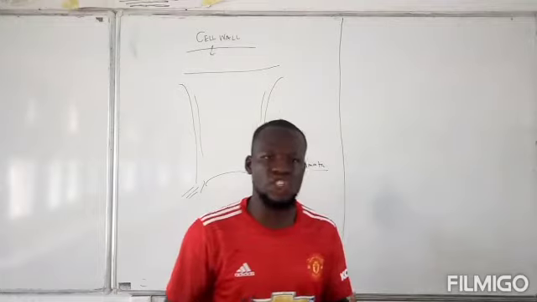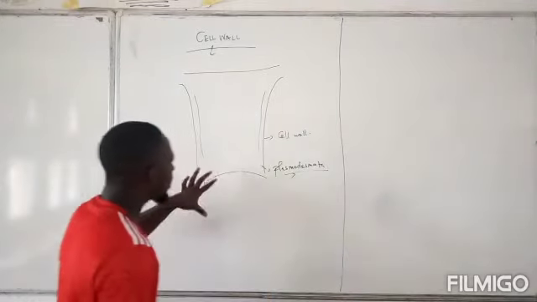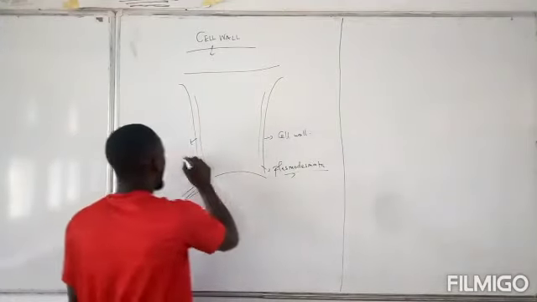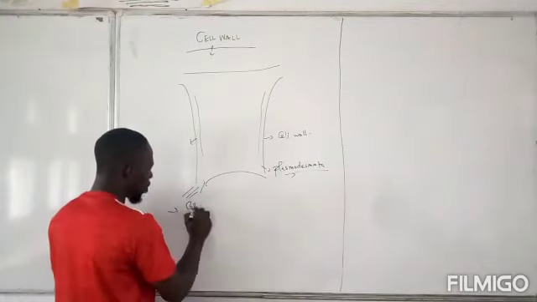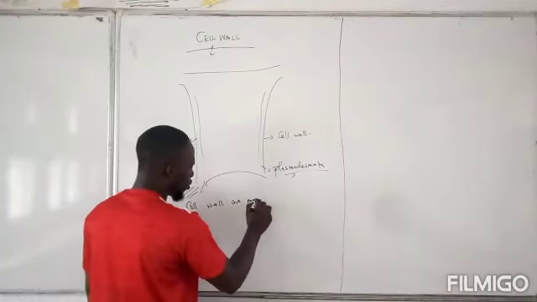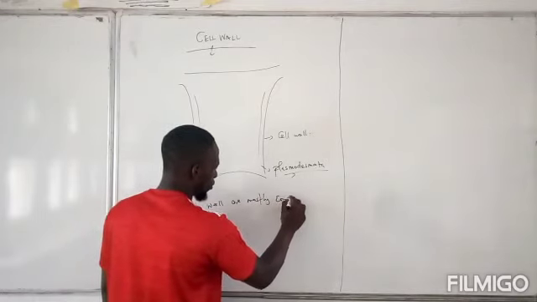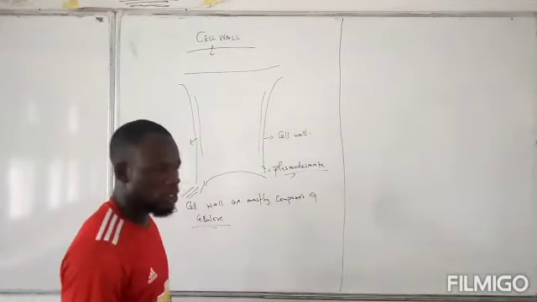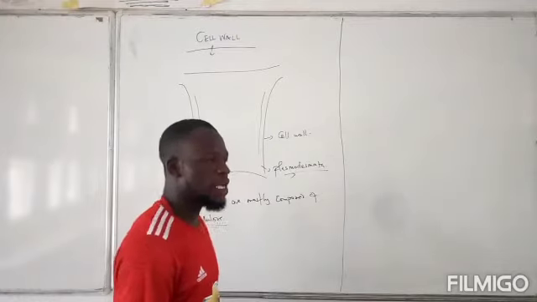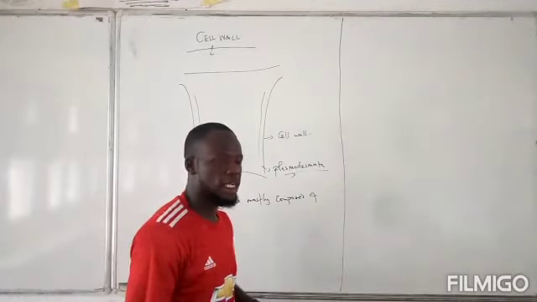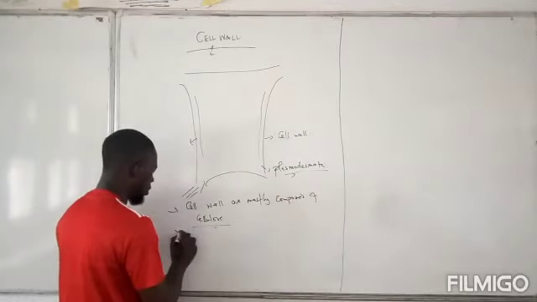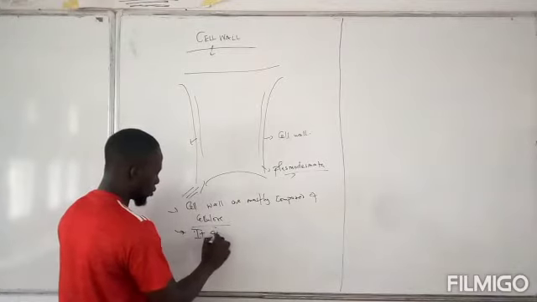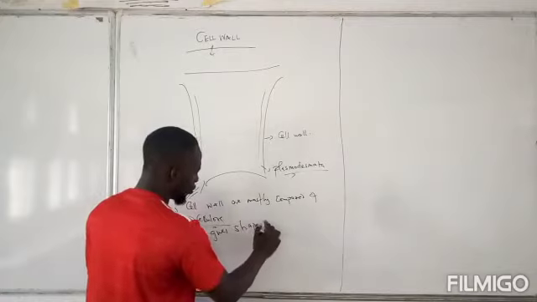Now, it determines the shape. Talking about the function, it determines the shape of the cell. It is very, very rigid, composed of cellulose in some organisms. The cell walls are mostly composed of cellulose. Now, this cellulose gives it its rigidity and strength. It makes it firm, that gives various plants their shape. And so its function is to give shape to a cell,